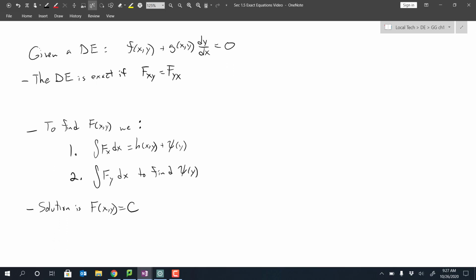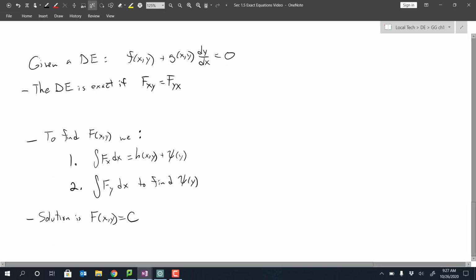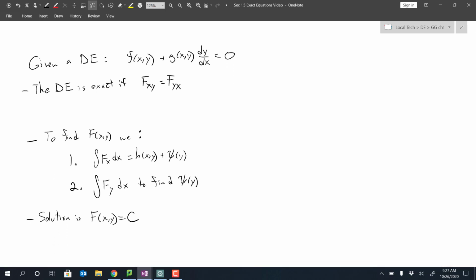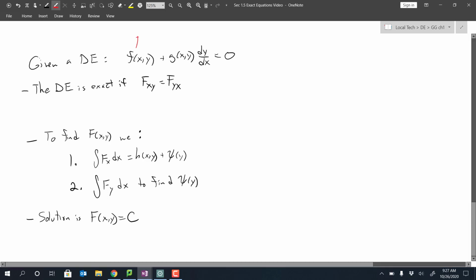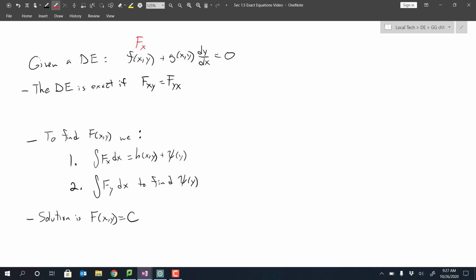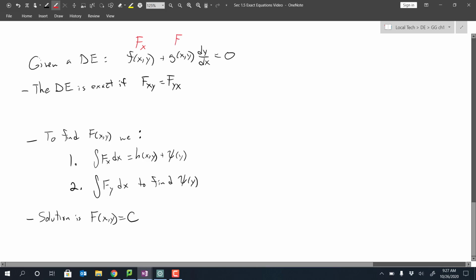And here's going to be our answer. So given this differential equation that has this form, we're basically hoping that there exists some function, capital F, where the partial of capital F with respect to x is equal to f, and the partial of big F with respect to y is equal to this g function. Now if that was true,